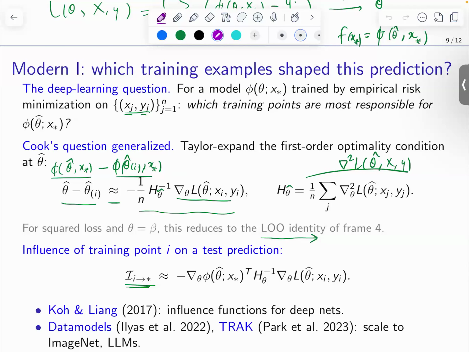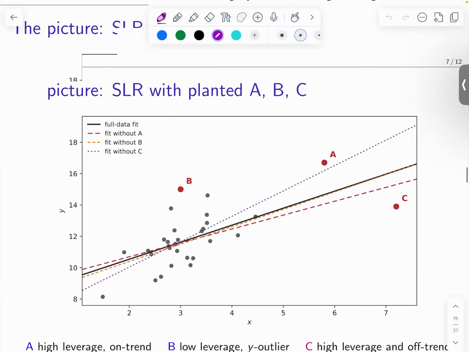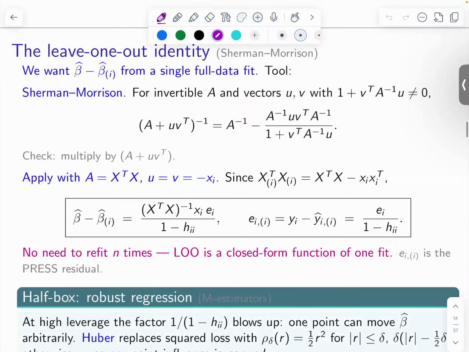We were discussing last time. So last time we talked about leverage and influence, and the key was this. Basically, if you want to remember a single idea, which is very influential itself, it's this leave one out identity, or leave one out idea. If you want to measure how much influence a data point has on your fit or on your model,